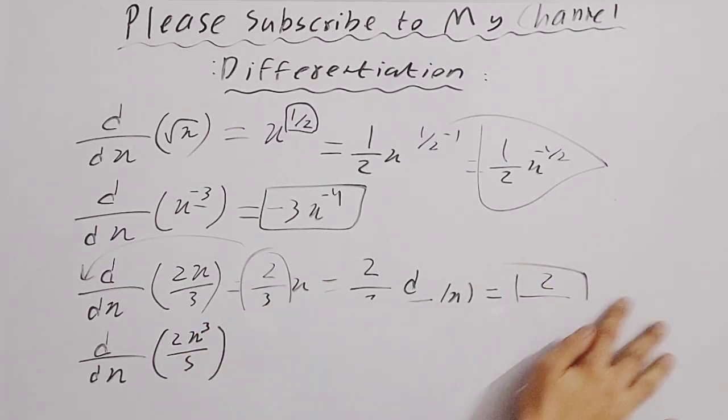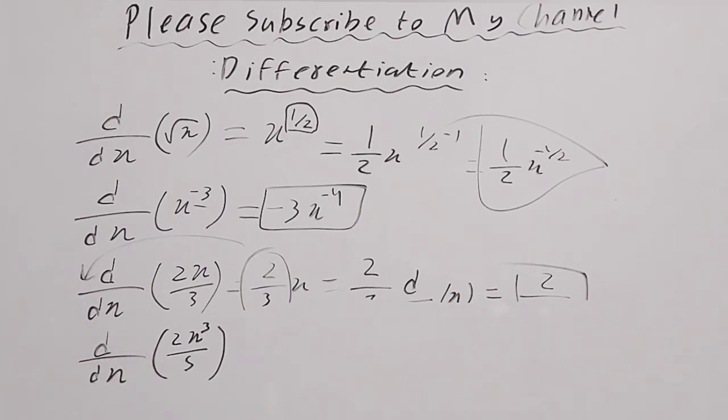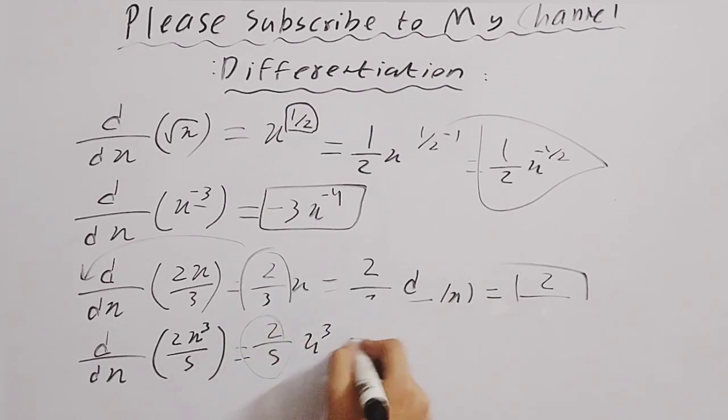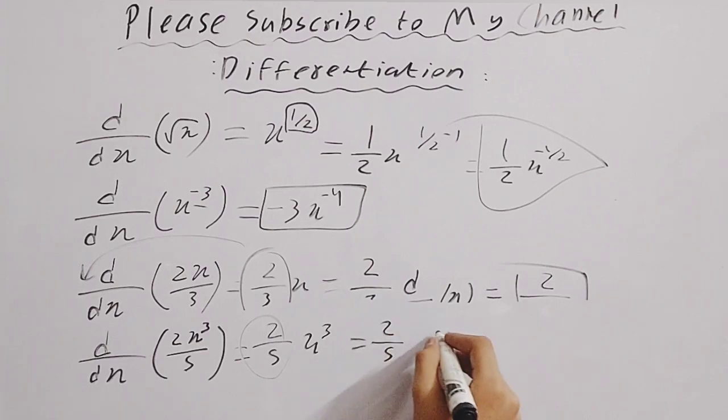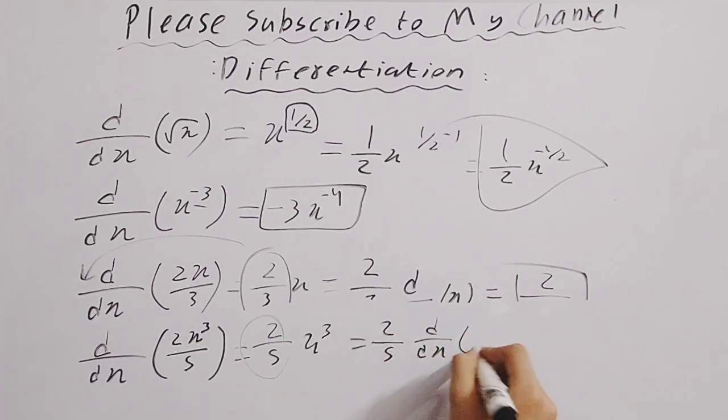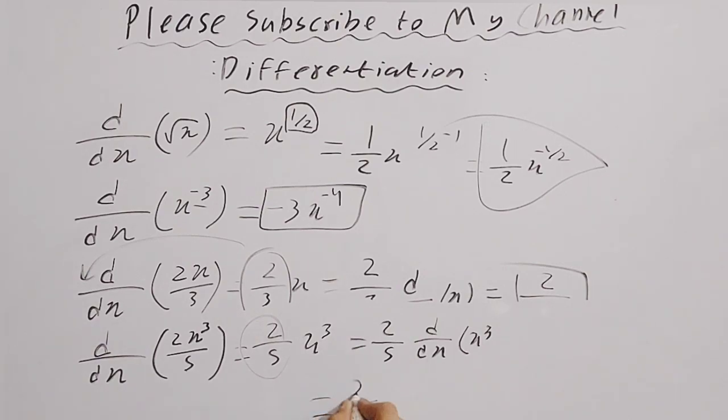But what if you have a function like 2 multiplied by x to the power 3 whole over 5? Now this will be 2 upon 5 multiplied by x cubed. You can move it to the front, it will be 2 over 5 multiplied by differentiation of x cubed. Now the answer will be 2 over 5 multiplied by 3x squared, and that's your answer. I have explained all basic topics of differentiation in this video,